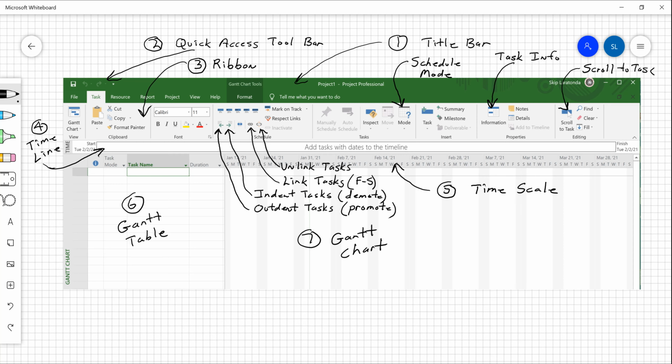Notice that there's a time scale that runs horizontally across the screen. There's a timeline that also runs across the screen. We won't use the timeline that often, but we will use the time scale a lot. Looking at the Gantt chart, the Gantt chart in Microsoft Project is really comprised of a Gantt table and a